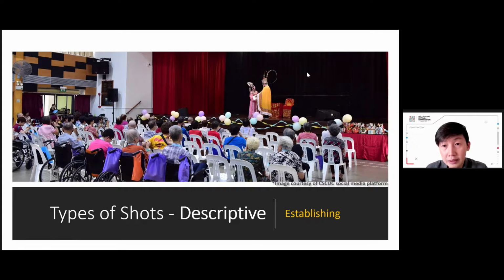Also, here we'll be establishing this event, right? As you can notice, we don't have one standout character standing in the foreground. Because once you have one character standing in the foreground, your framing, your descriptive shot, will be obstructed and interrupted. When I look at the picture, I will notice the bigger character standing here first rather than the rest of the audience and then the environment. So that's why, for an establishing shot,